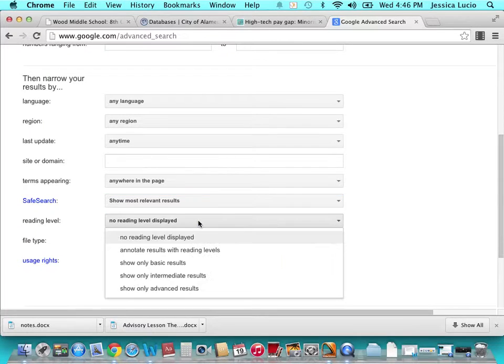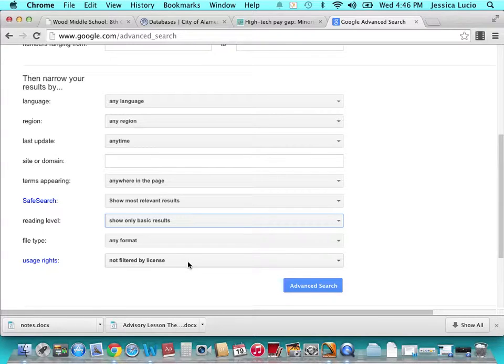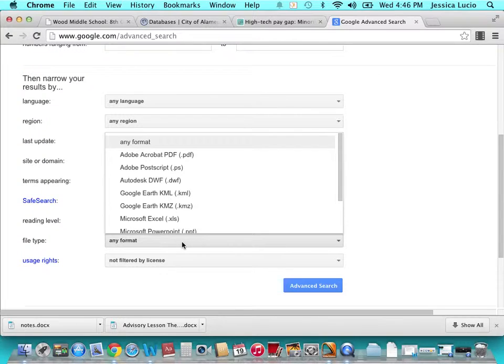And then also I'm going to change the reading level to basic, because so much of what's written on the internet is really difficult to understand. I don't want you to find things that don't make sense to you, so I want you to change it to basic. And the other thing you can change is you can find other types of files besides just websites,